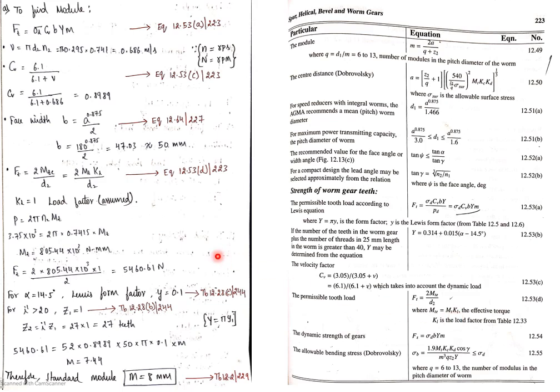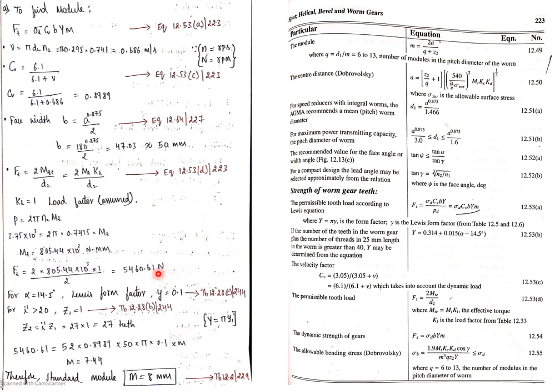Now substitute the value of MT by calculating using the power equation formula, P is equal to 2 pi into MT. From here we'll be getting MT in terms of Newton mm. This is very important that you have to remember. Just substitute back in the FT formula where the unknowns have been calculated here step by step. Then you will be getting the value of FT.